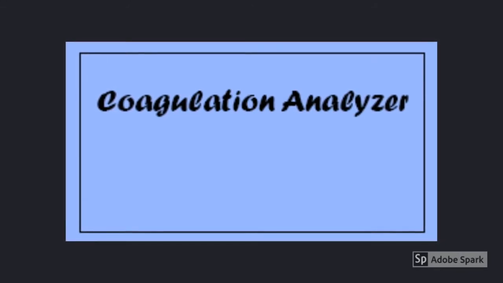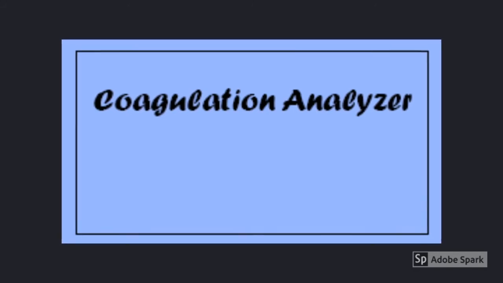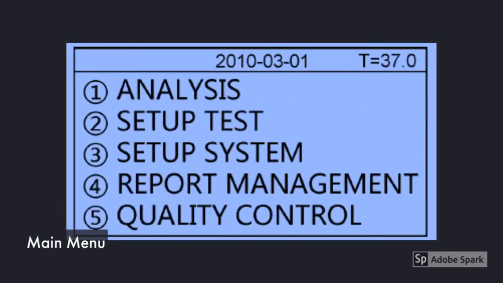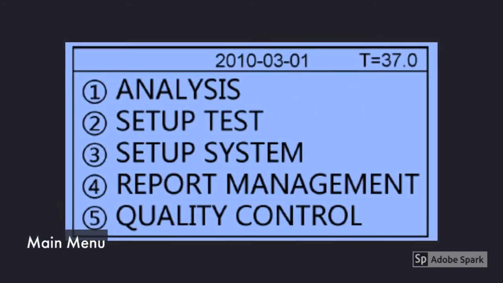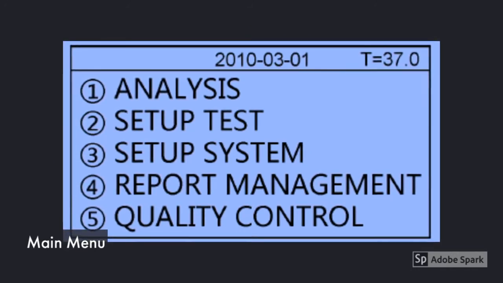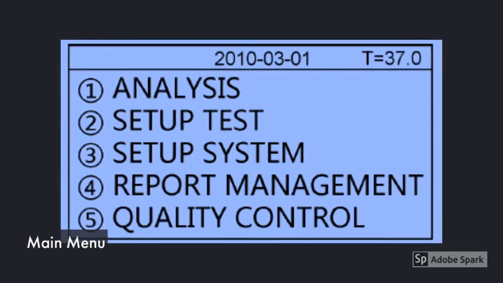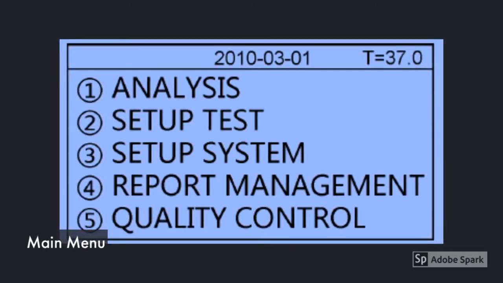After switching on the analyzer, the LCD screen will display Coagulation Analyzer. Press any button to enter the main menu. The main menu consists of 5 options: Analysis, Setup Test, Setup System, Report Management, and Quality Control. To select one of the options, press the corresponding number on the keypad, or select using the arrow buttons followed